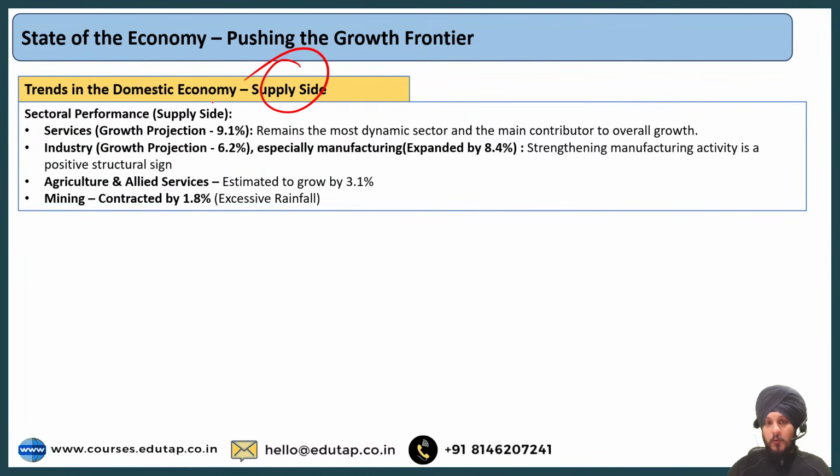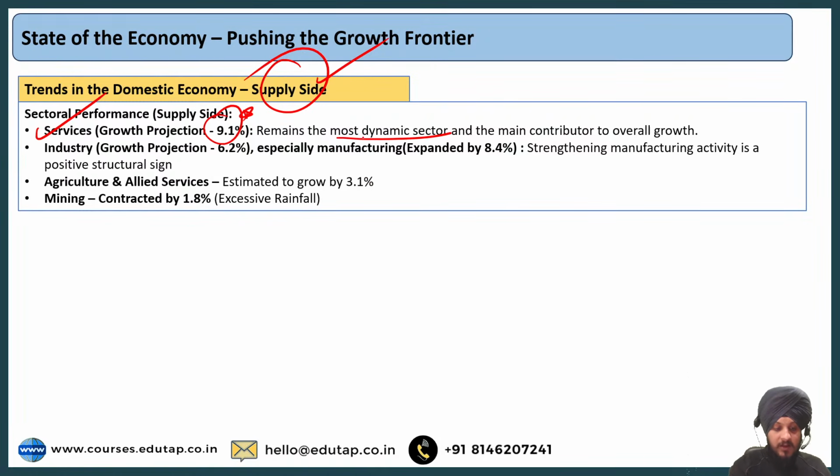So we have seen the important demand side factors that are there. Now the next one is the supply side factors. And as a part of the supply side factors, the first one is basically the service sector. Now service sector, we know that India is one of the largest service providers at the global level, right? And if you talk about the growth projection also, it is good, right? It is 9.1%, and it shows how the service sector plays a very important role as a part of our